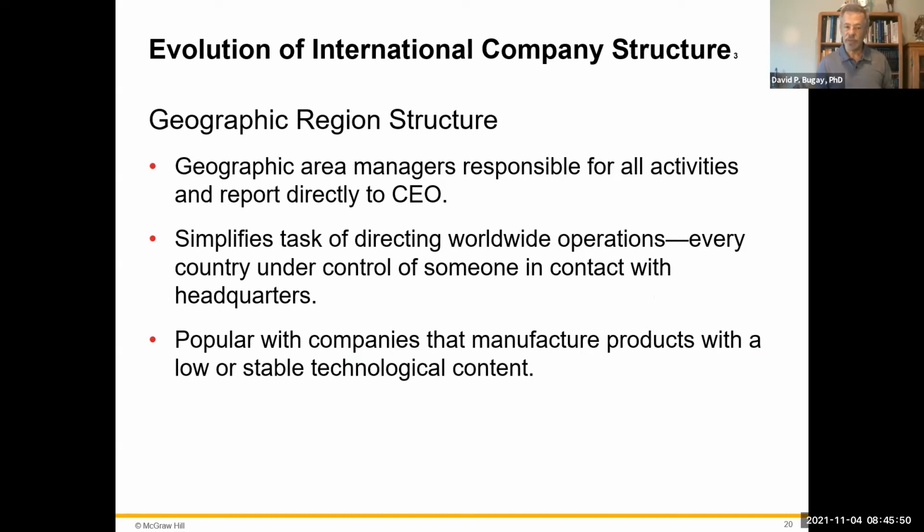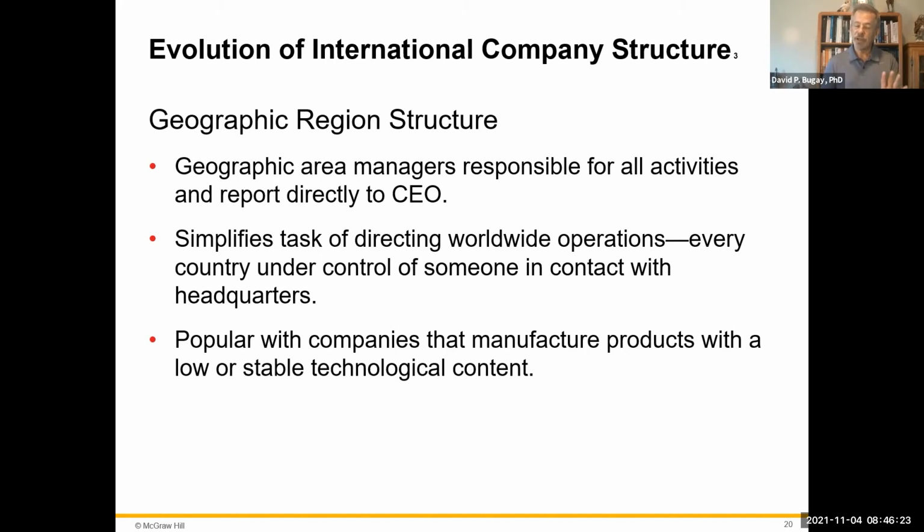Here's a very standard one, the geographic region structure. Geographic managers are responsible for all activities in a specific geographic area. Often it's just a country. I'm in charge of the India firm over here. So you have a whole subsidiary in India, and one person's in charge of it, and they have a whole structure there. That is helpful in how it reaches that specific culture and has the different products over there versus having a product over there. You may want to have a mixing, and we'll touch on that in a little bit.